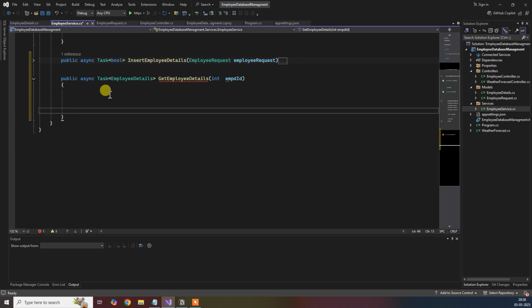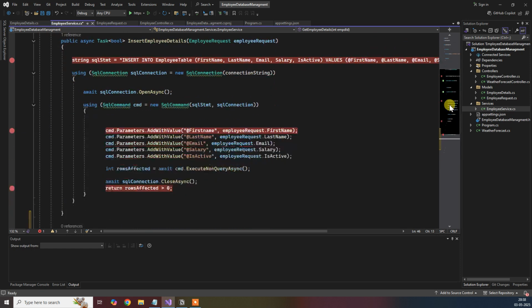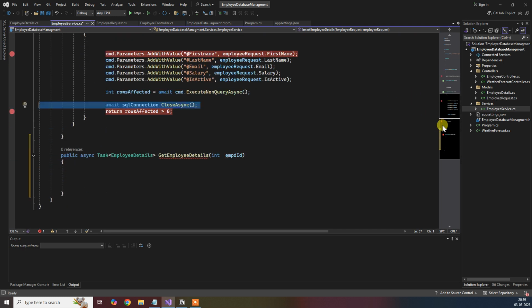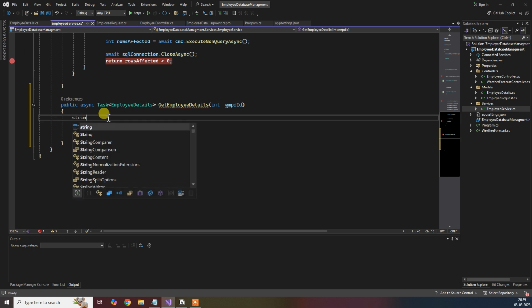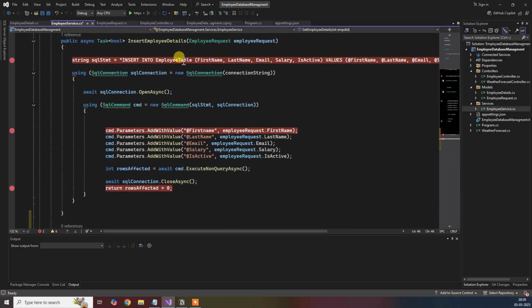So in this method we will be doing the same thing we did in the case of insert. If you see the insert code, we prepare one SQL statement, then establish a connection, then we open the database port, then fire the query, and whatever result we got, process that. Same thing we'll be doing here. So let me create a SQL statement for getting the details. Okay, what I'll write is select star from the same table we have, the employees table,